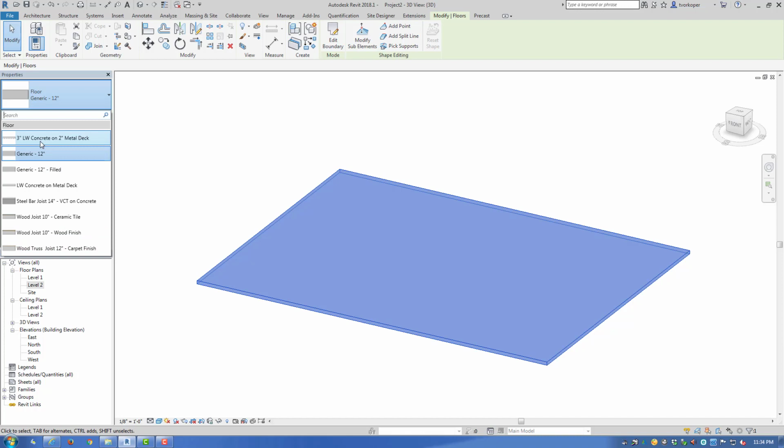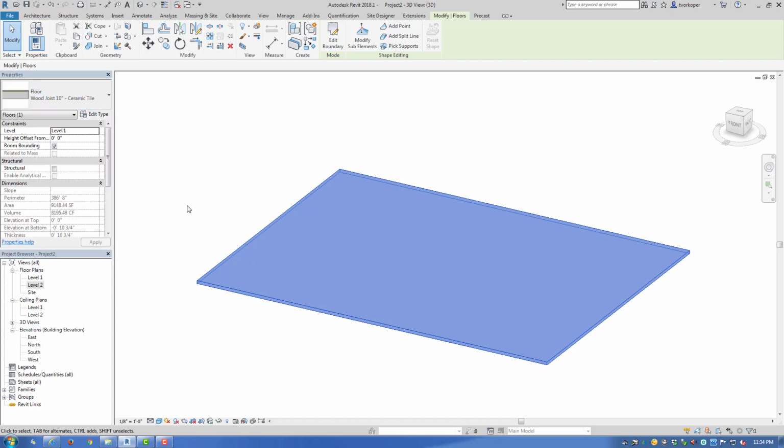There's a 3-inch lightweight concrete, a generic 12-inch, a generic 12-inch filled, a lightweight concrete, steel bar joist 14 inches, wood joist with ceramic tile, wood joist with a wood finish, and wood joist with a carpet finish. If we pick one of these, say the wood joist ceramic tile,